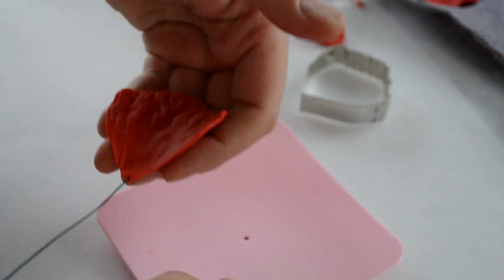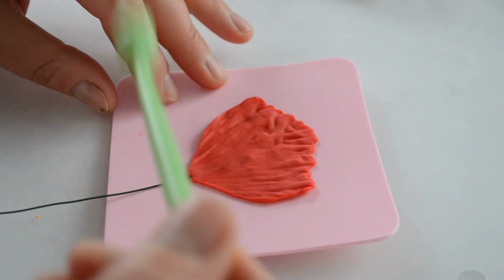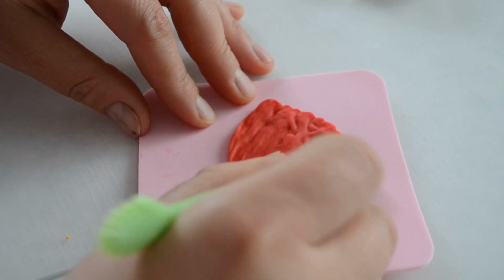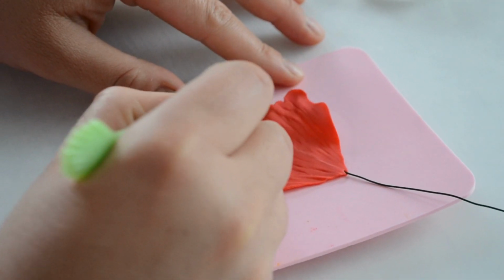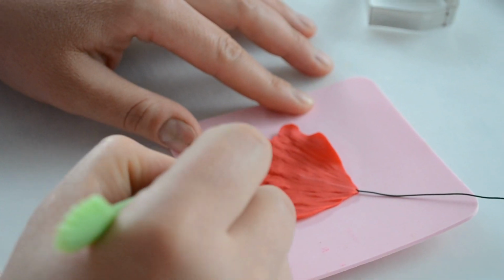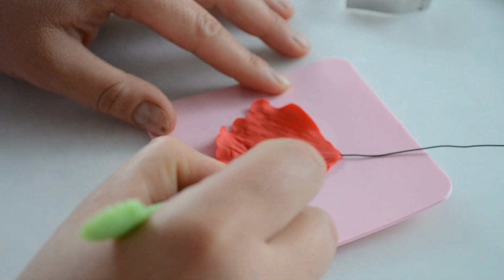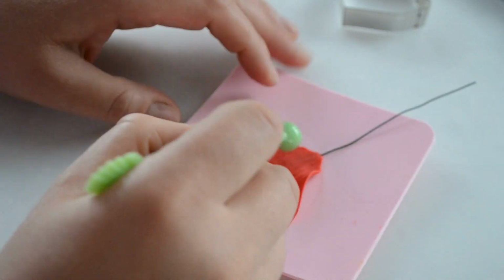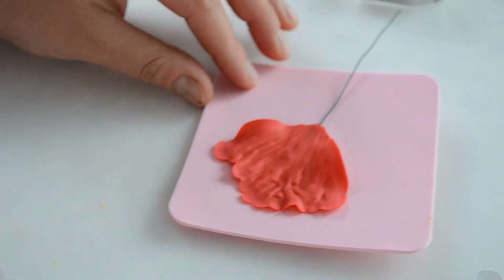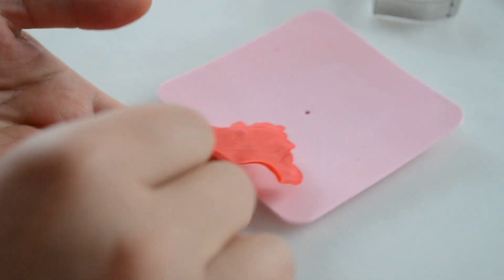And now I'm gonna soften the edges. Gonna use my ball tool and go around the edges, just like this. Don't press it too hard. Better to go twice than press too hard. You would want to have curly edges. That's how a poppy is. So this is what I have, and I'm gonna set it in my apple tray and